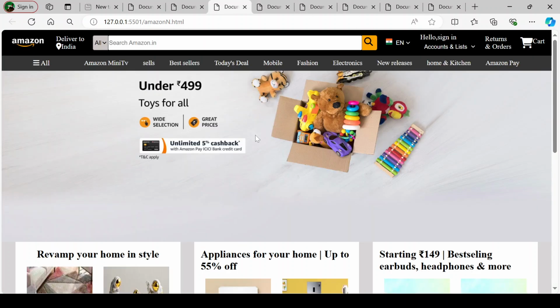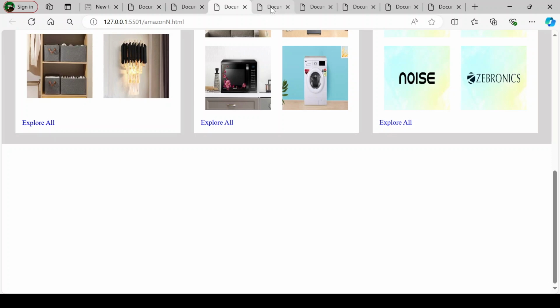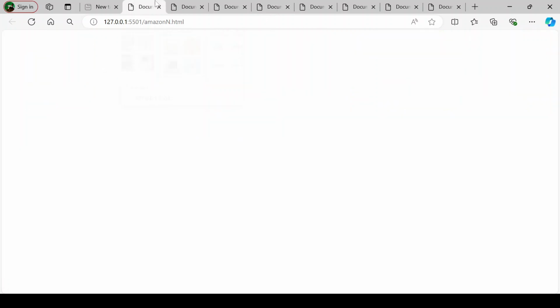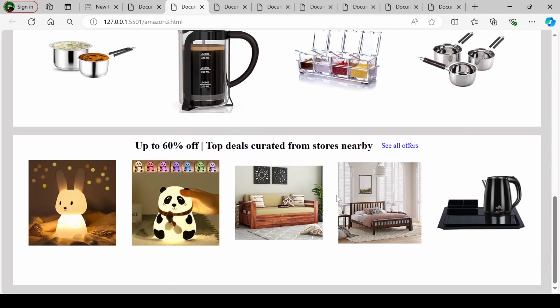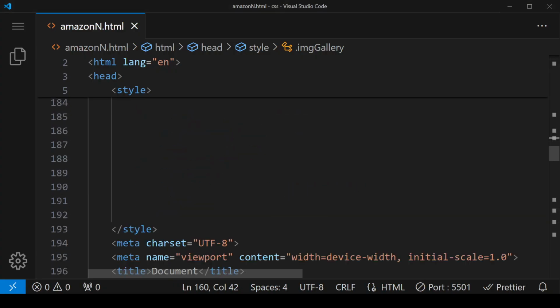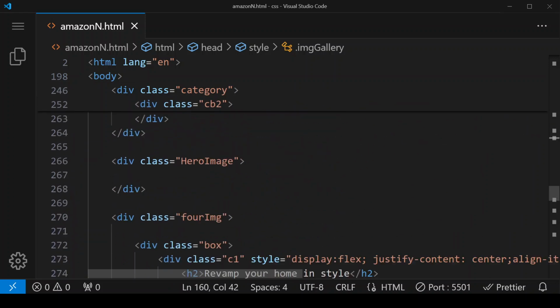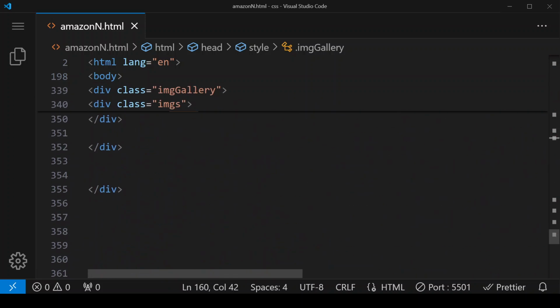Now next we have to create this box. So for this box also, using same classes IMG gallery and IMGS, what we have to do here in body section is, we have to give one more div.